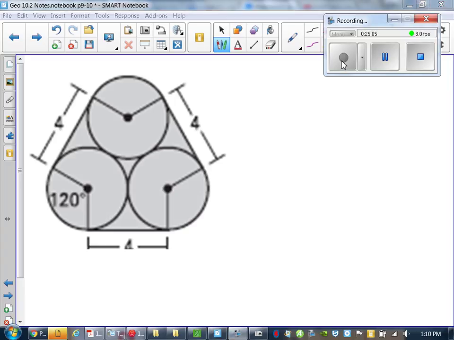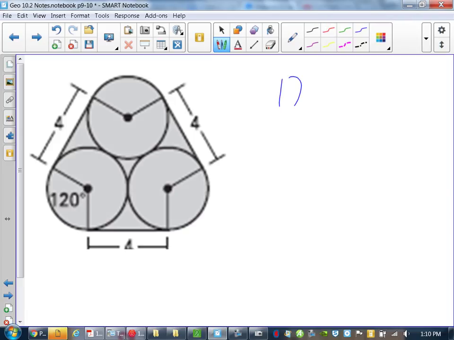Okay, add them up, and you get 12 plus something. Well, if you look at your three angles going around, the three arcs going around, you've got 120, 120, 120. Put that together, and what do you get? 360. So technically, you do go around a circle. Well, you just have to figure out what the radius is of the circle. So when you look at this here, they're showing that this 4 value is from